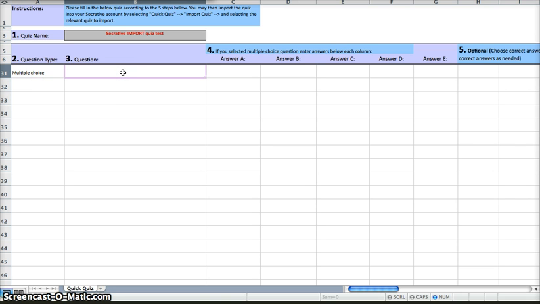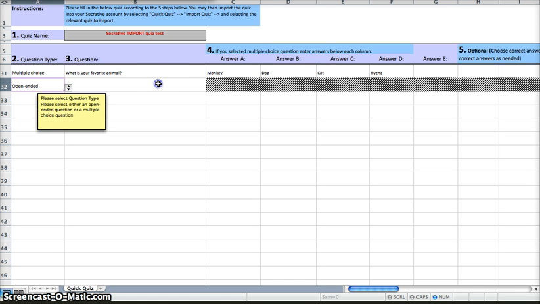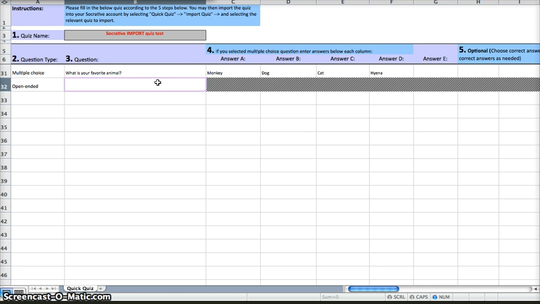In this question, we will say, what is your favorite animal? And our options will be a monkey, a dog, a cat, or a hyena. Once you have all of your answers, you're ready to add your next question. So you click on the box below under question type, click your arrows, and choose which type of question you would want. So this time we'll do an open-ended question, and we'll ask the question,